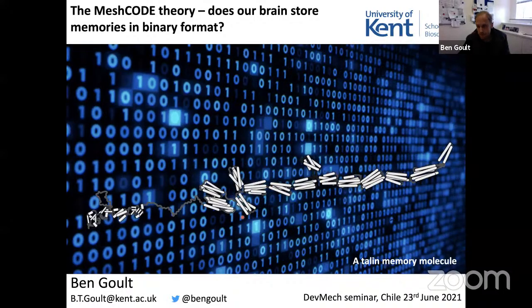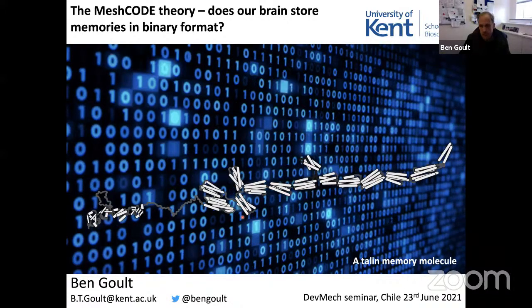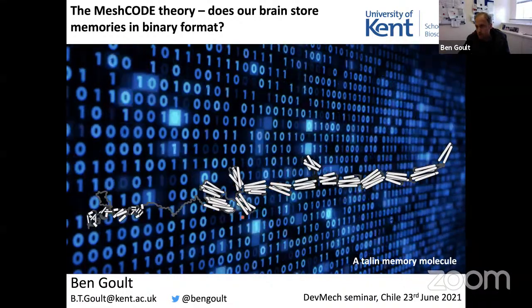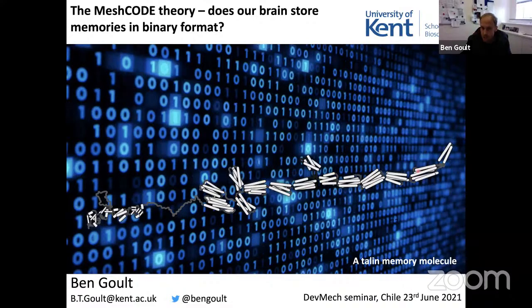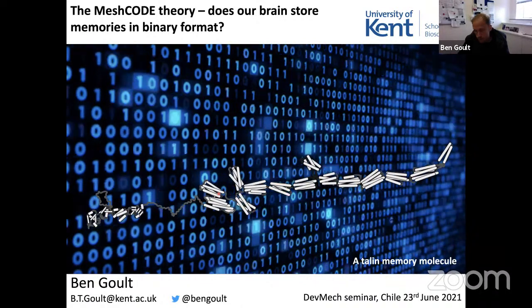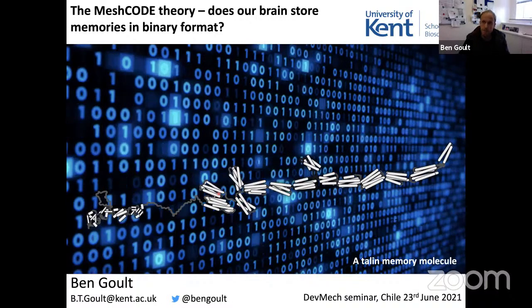So what I'd like to try and take you through today is our experimental research into how this molecule functions, how over the course of our experimentation, we've got to this idea that this molecule can store binary information in the shape of its molecules, and how the shape of the molecules can coordinate and instruct the cells how to behave. So the first half of the talk will be talking about the experimental, and then the second will be presenting this theory which has emerged from this study and from this notion that this binary information, culminating in whether to raise the question and to try and open a discussion on whether our brain might be storing memories in a binary format.